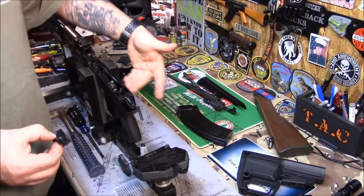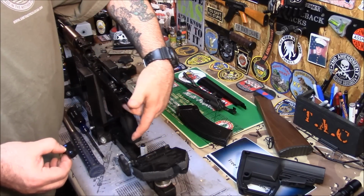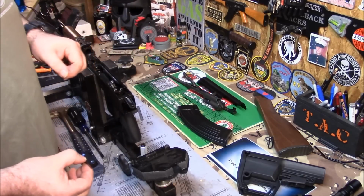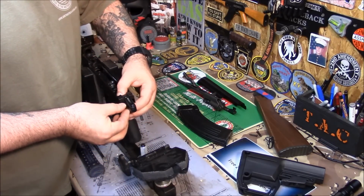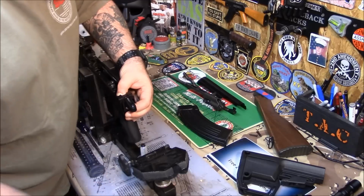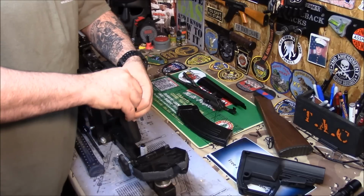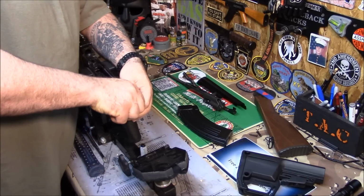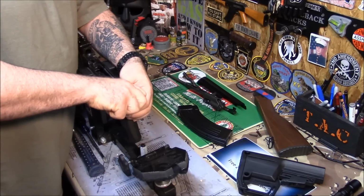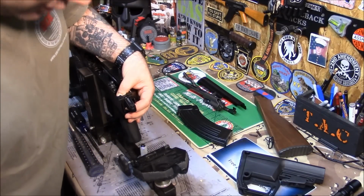As you can see, a milled receiver, and it's milled out like a stamped receiver. How awesome is that? So I'm going to put this in here, line up them holes. Alright, you got flush mounted screws here, and I'm going to start them by hand. Always start them by hand, dudes, because trust me, if you cross thread,